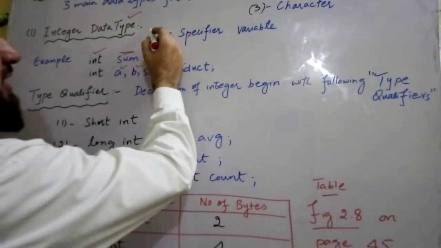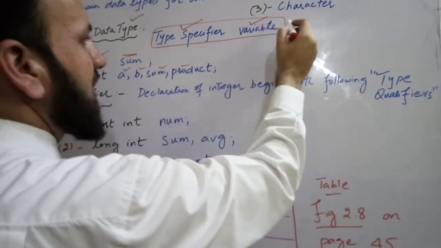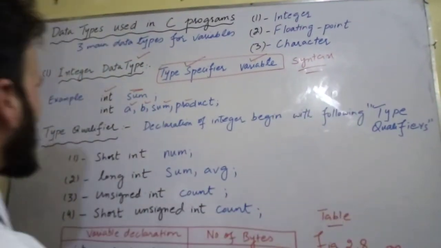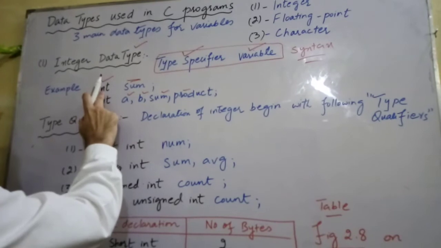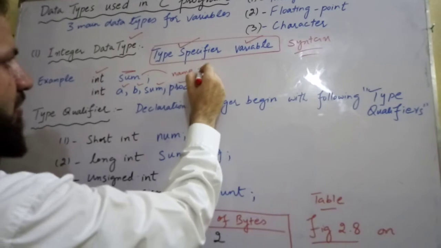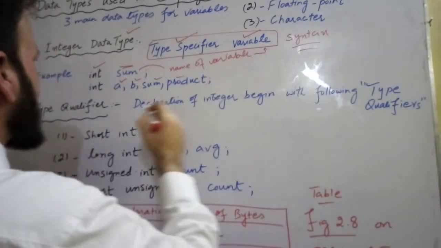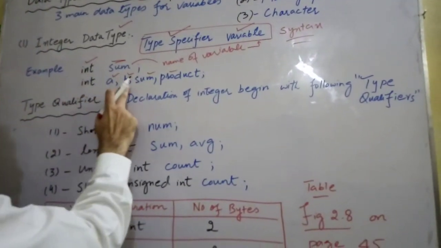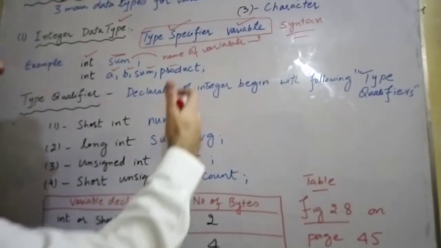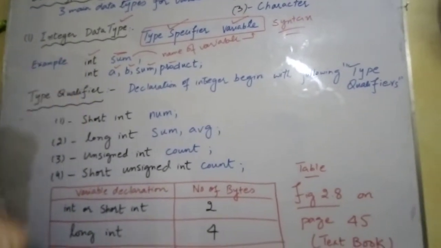And this is the general syntax for how we define integer data type: specifier and name of variable. This is the general syntax to define integer data type in our C programming. Here int is the data type and then the names of variables. According to this syntax, here integer and there are 1, 2, 3, 4 variables. We can give the number of variables according to our program requirements, and here we give the type of data.